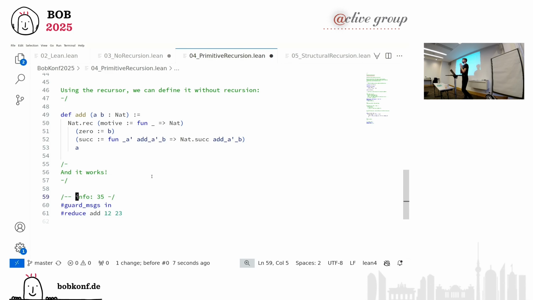Yes, please. Sorry, so the kernel knows inductive data types? Or it elaborates into the recursor? The kernel knows inductive data types and constructs the type of the recursor for you, and also internally knows how this recursor behaves, how it reduces.